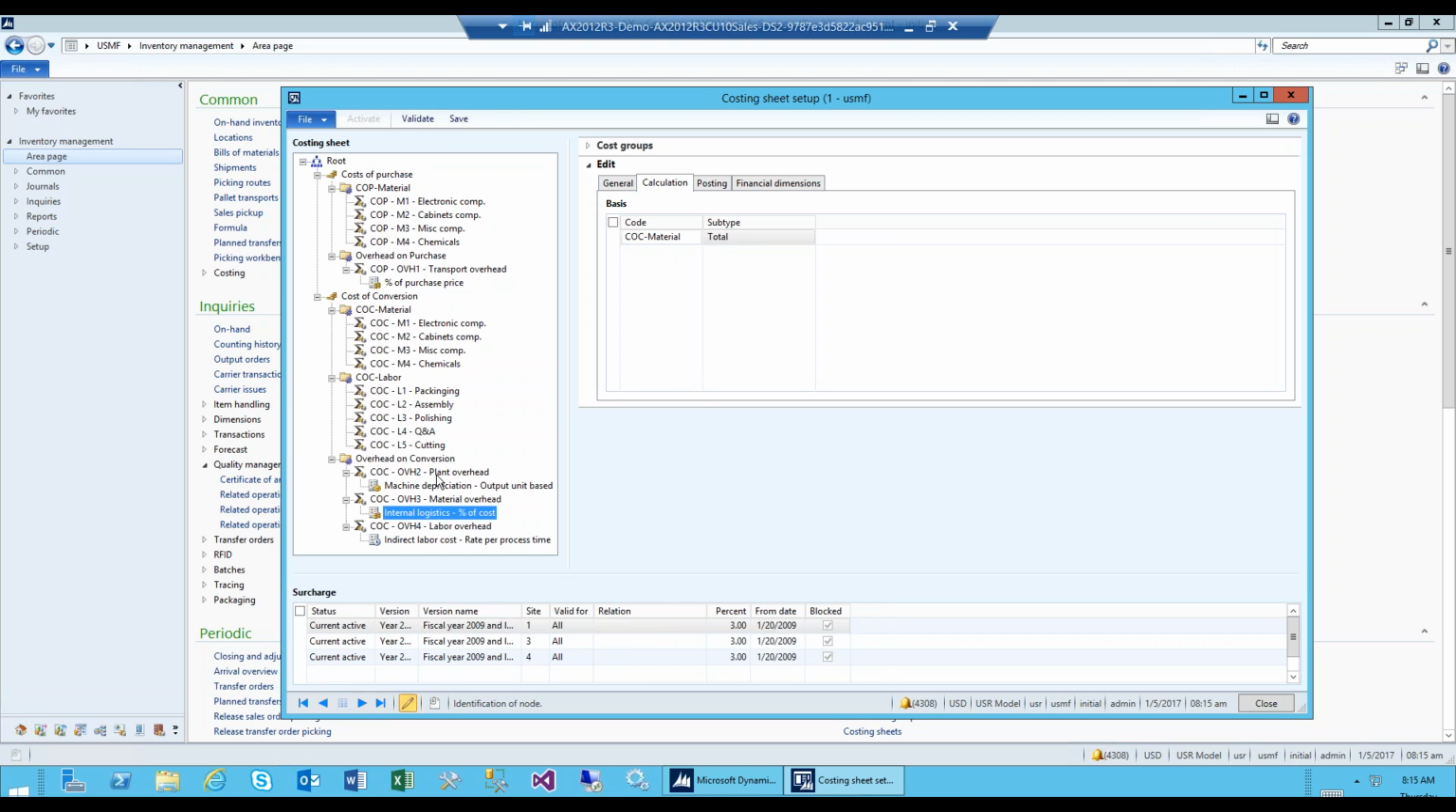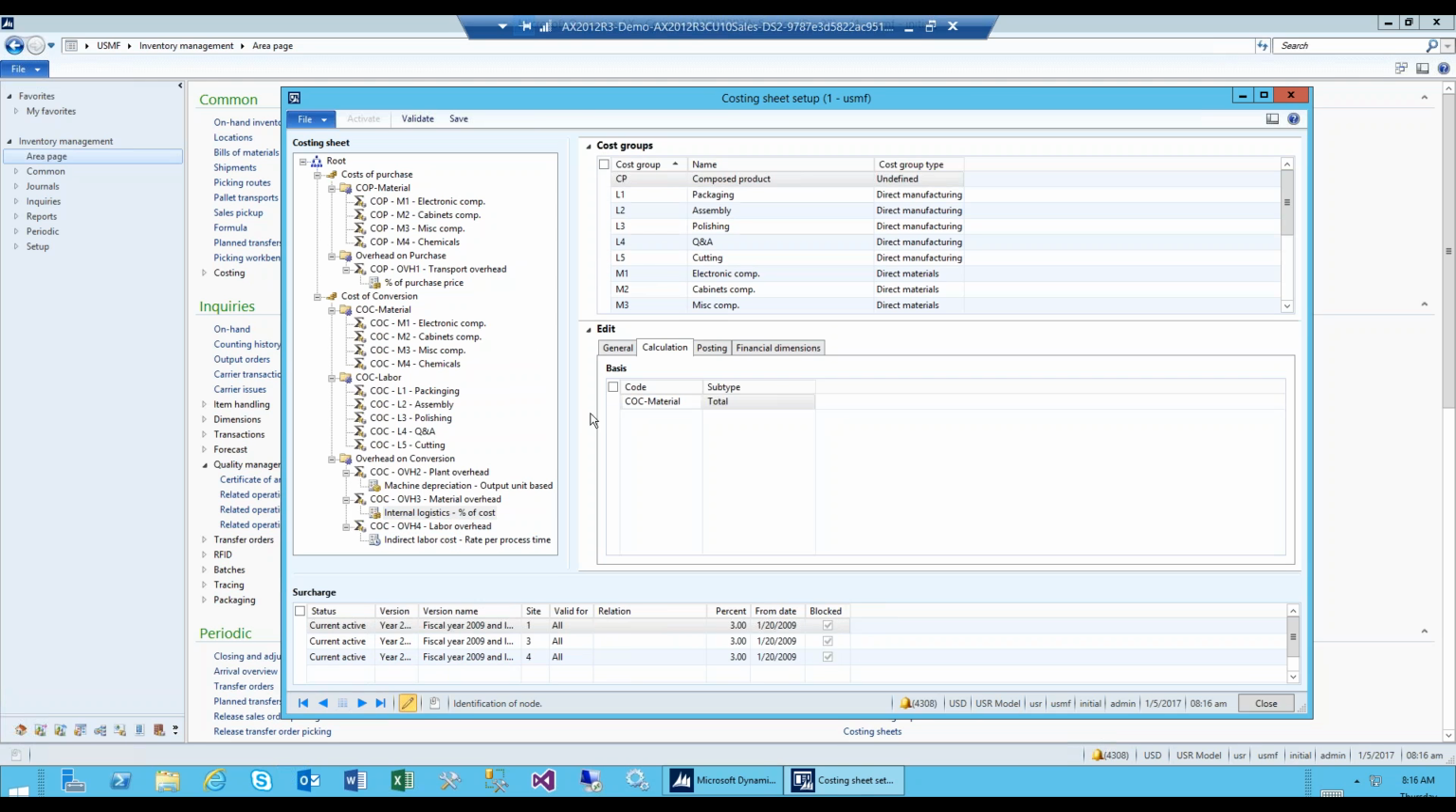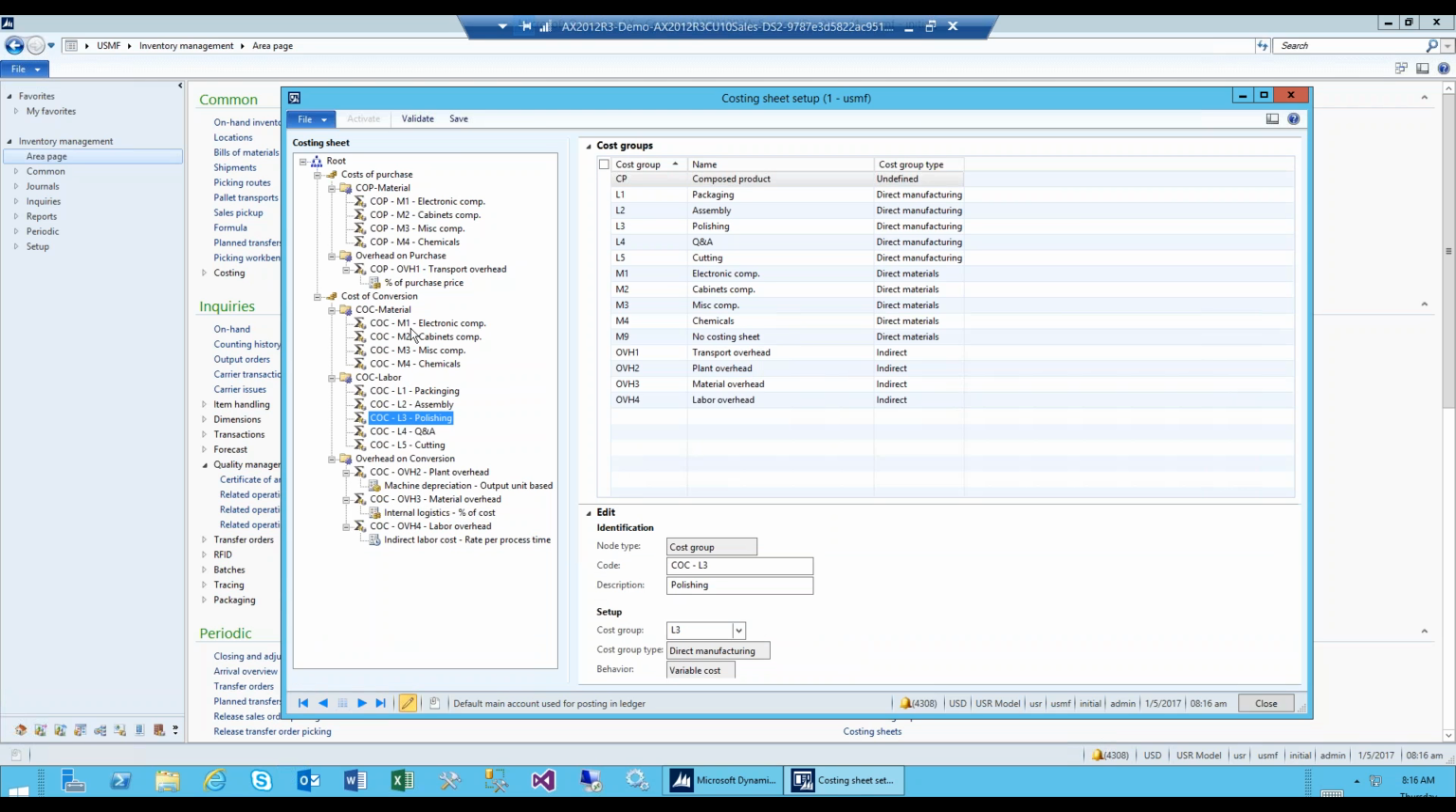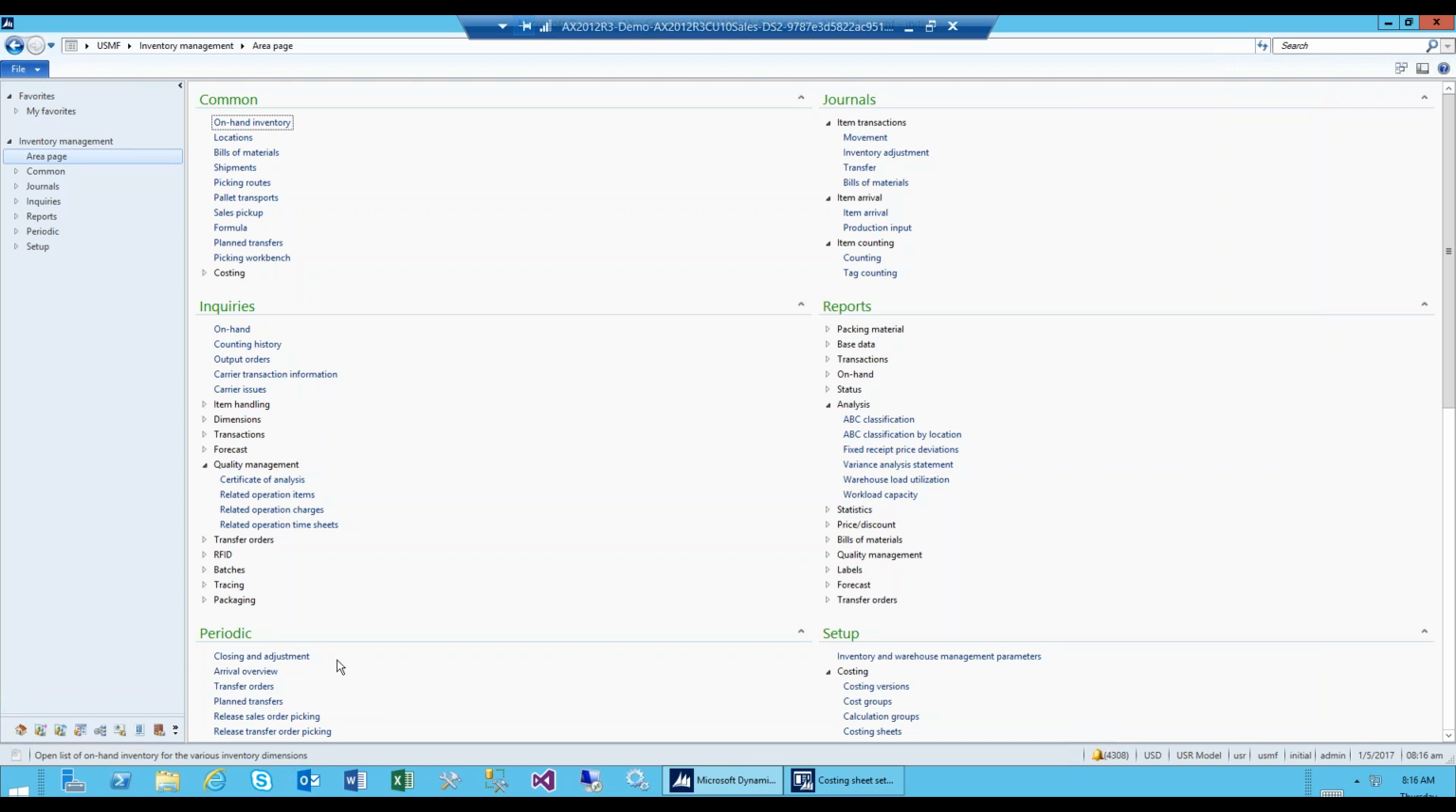So there is the ability, these are the cost groups, of course. If I go into the cost groups, these are the cost groups that are for labor, and then these are the materials. So the way that this is sectioned on the costing sheet is going to be the way that it breaks down when we're looking at our estimates on our production orders, and also the cost roll-up on the cost price. So I'm going to go ahead and minimize that. We'll go back to